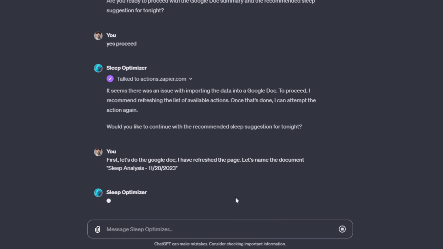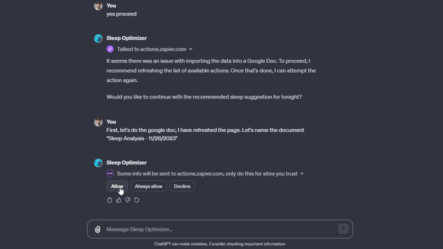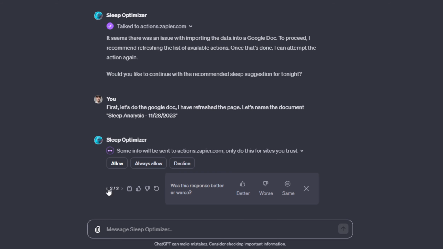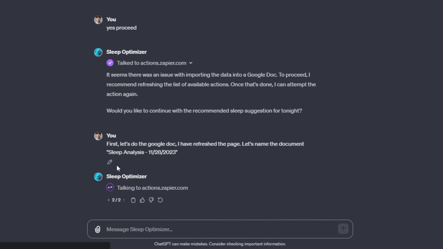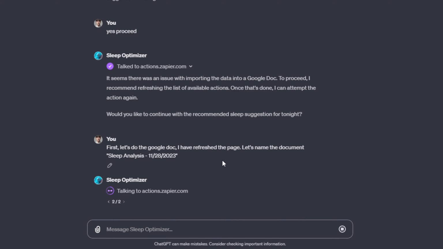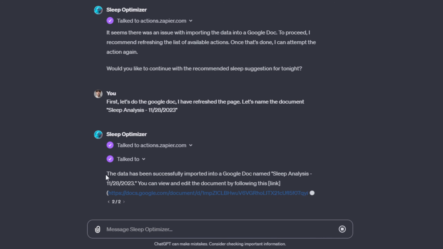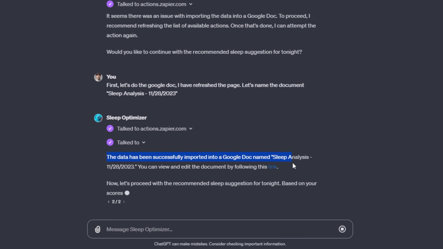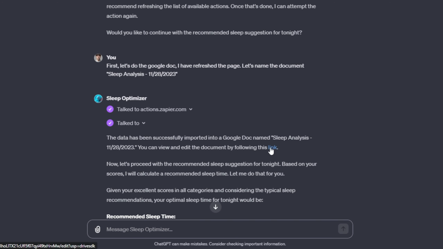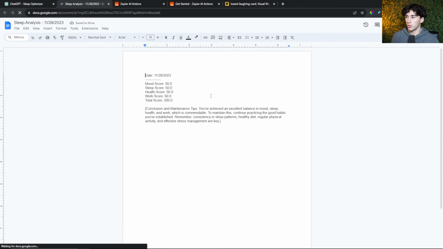I'm going to send off that message, and now this message will pop up where once again we have to hit allow, which is okay. For some reason there was an error when I hit allow, so I'm just going to hit allow again, and now it's going to be talking to actions.zapier.com. It's talked to it, and now it's starting the action. Let's see how it does. It says the data has been successfully imported into a Google Doc named Sleep Analysis 11/28/2023. And then it gives me a link that I can click on,